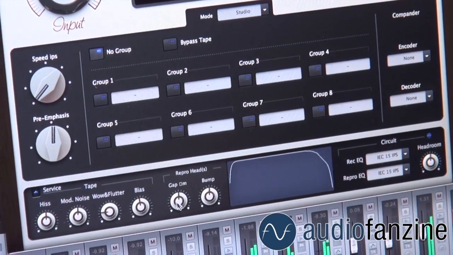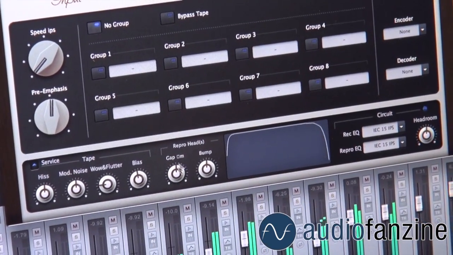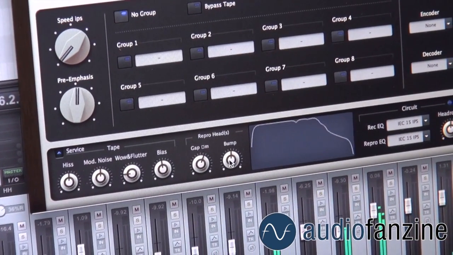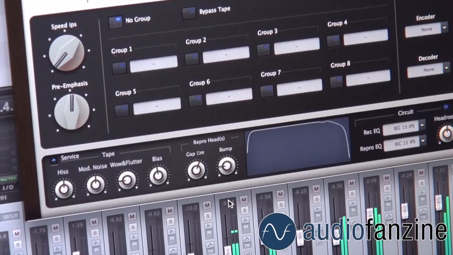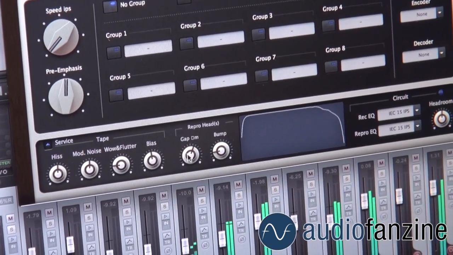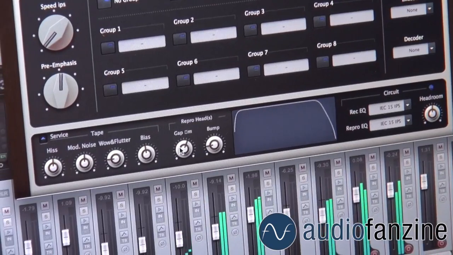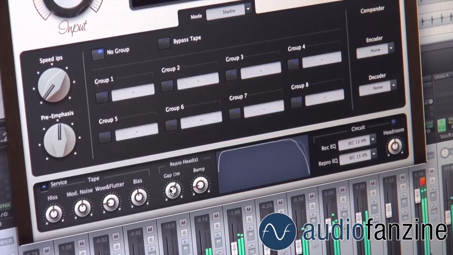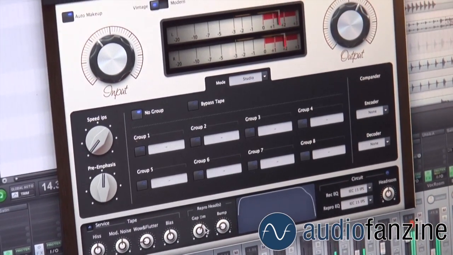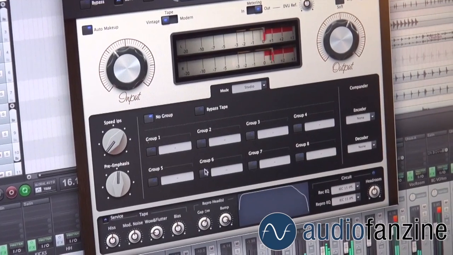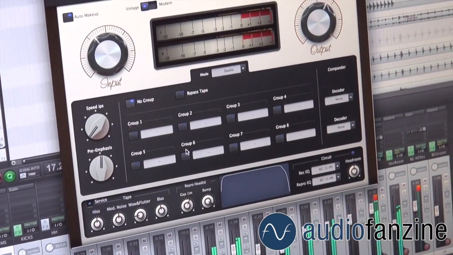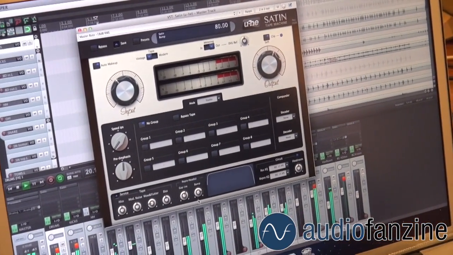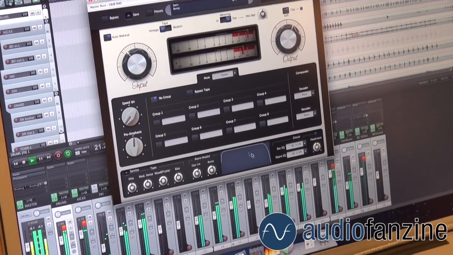We've got reproduction head simulation. You can change the gap size of the repro head and the bump. When you turn down the bump, it's like a high pass filter, and with the gap dimension, you can change the high pass filter frequency, but it's some more. These two are interactive. If you turn it up, you get some bass boost of this bumpy low end, just like with a tape. Then we've got an analyzer here,